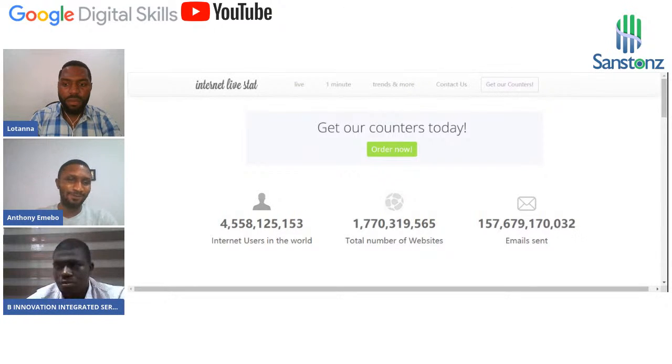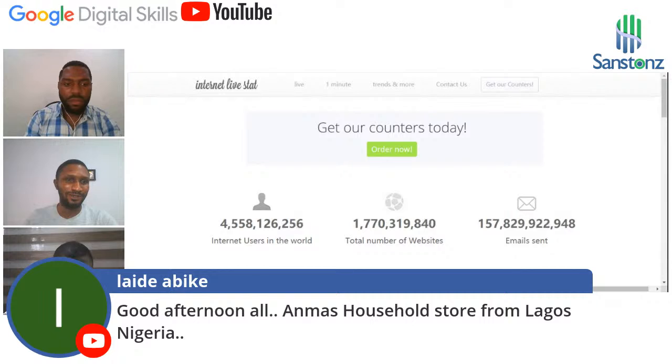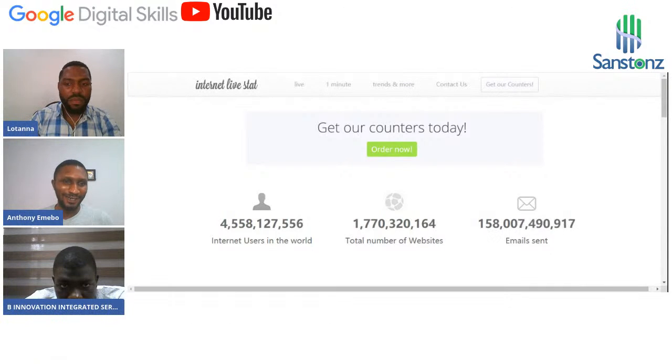I could have this laptop or this system in front of me, and I do not know what to do with it, or I have that phone. I don't know what to do with it. Of what good is it, or of what benefit is it to me? So not just about going online, but doing it the right way and getting the benefits out of it. So looking at this, I believe it should be more than enough morale booster to anyone who is actually still thinking of the opportunities that reside online. So that's what I have to say concerning this.